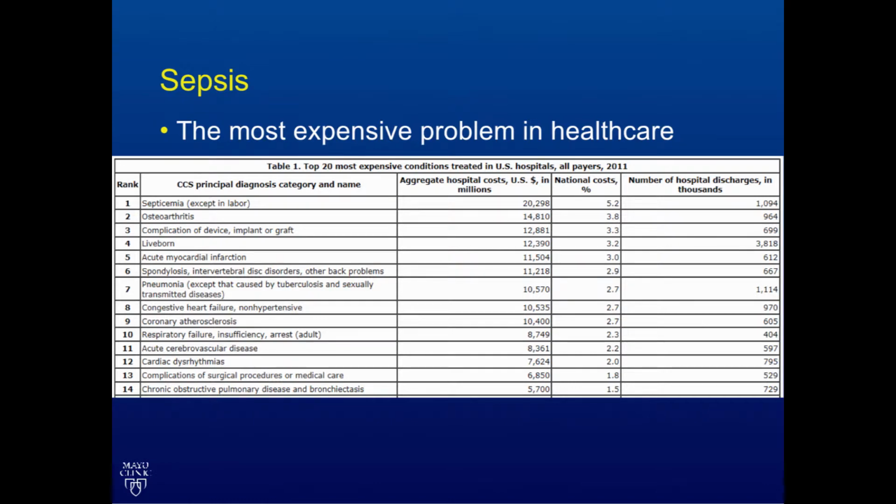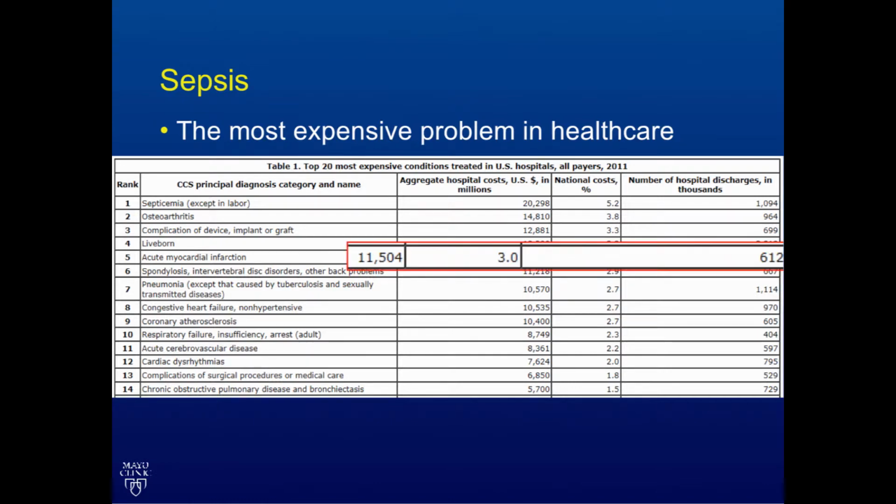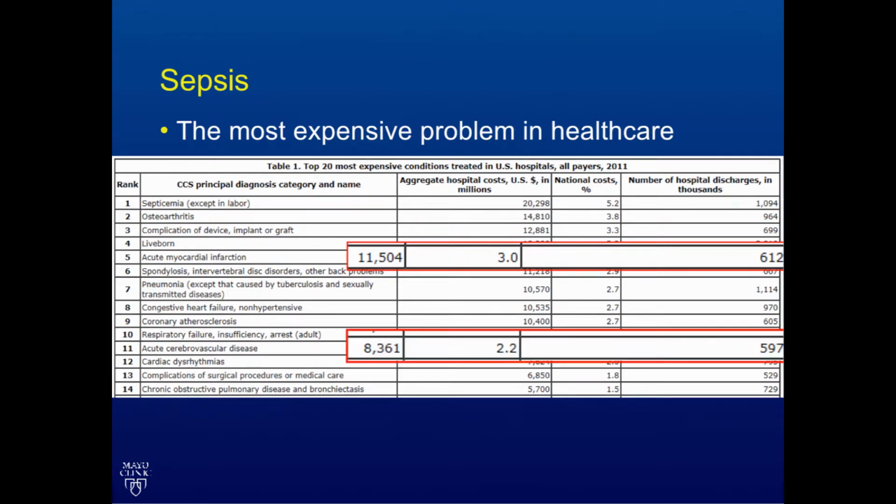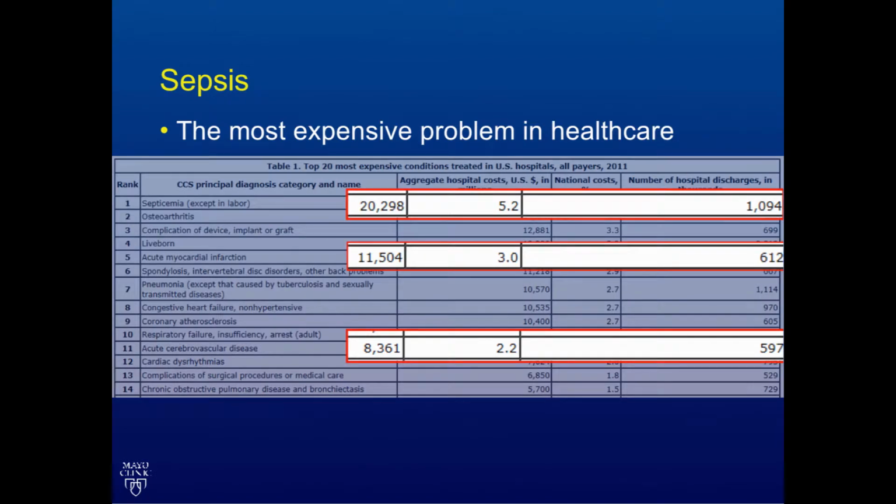Why should we talk about sepsis today? Why are there 3 different webinars attributed to sepsis? I know that Dr. Arnold covered this a little bit last time to say that this is the most expensive problem in healthcare. I like to use this story to actually describe that. For everyone who has an acute myocardial infarction, we spend about $11.5 billion in the United States, at least as of 2012. For everybody in the country that has a stroke, we spend about $8.3 billion. Now, if you add those two together, you're still $500 million short for what we spend on taking care of sepsis patients.